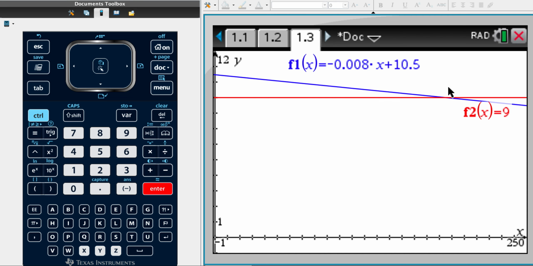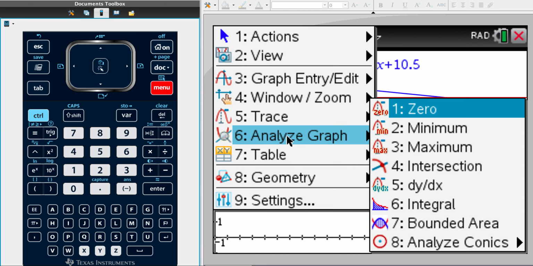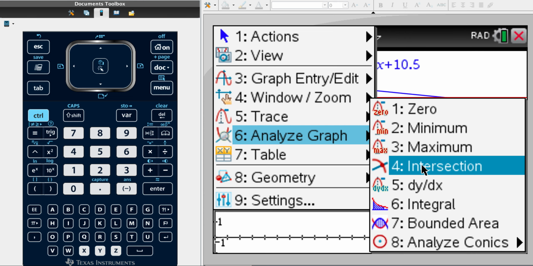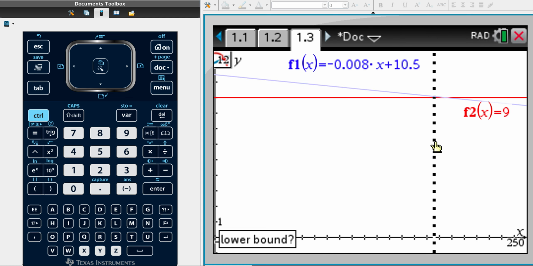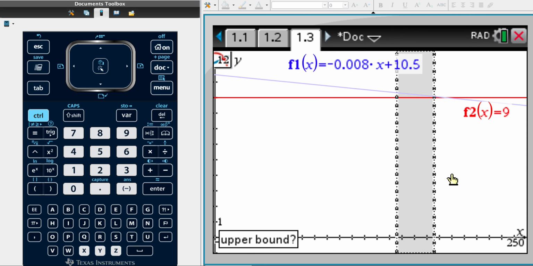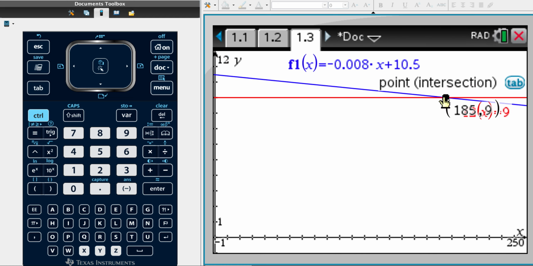To find what that intersection is, I'm going to click on Menu, and then I'm going to go to Analyze Graph and Intersection. And that's telling me it's the point where two different lines or graphs meet each other. And this becomes like a little window that I'm going to open up. So it's asking at the moment for my lower bound. So I can click somewhere near the intersection. And I'm going to drag it until it goes over it, and then I'll click again. And it tells me there that my point of intersection is